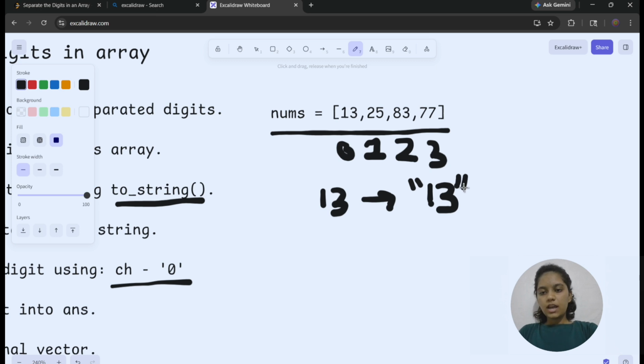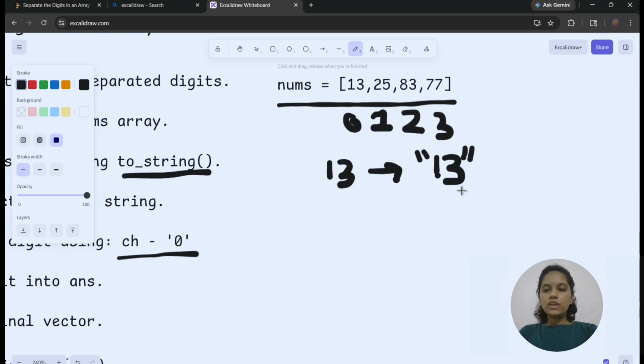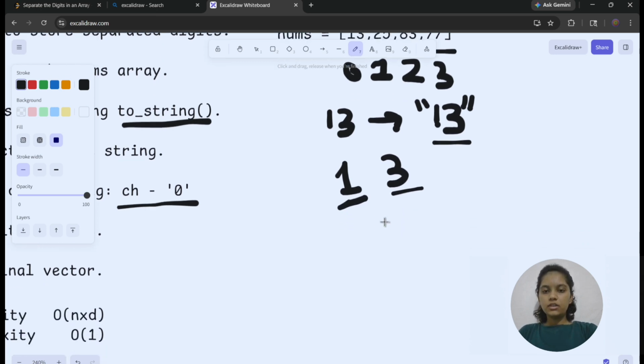After that I am running a for loop to traverse the string. When I traverse the string, I get 1 as the output first, and after that 3. When I get these two, I get them in character format. So to convert it into a digit, I am using 1 minus the character 0, so it converts the character into the number 1.